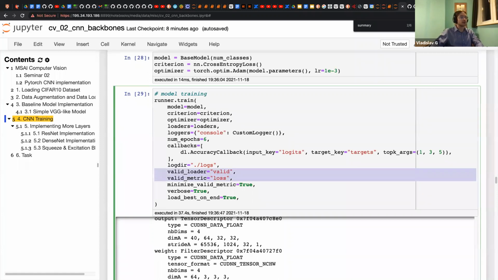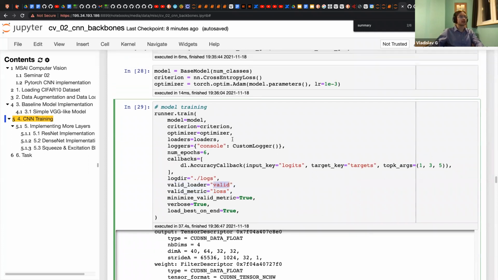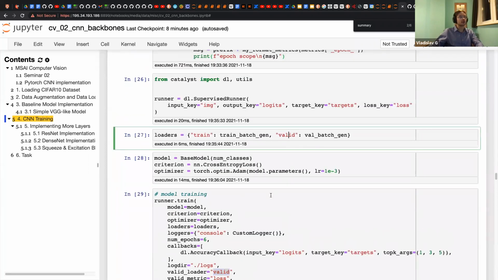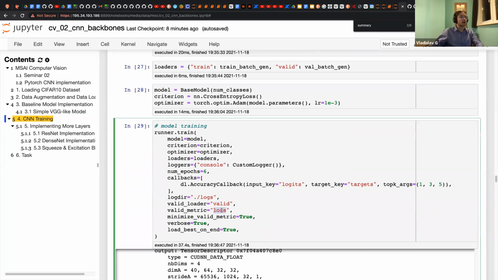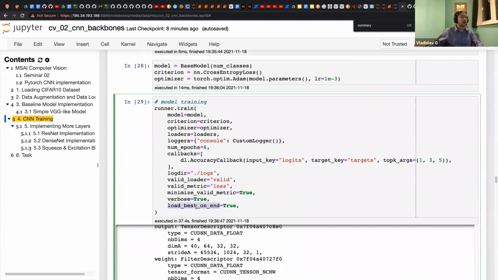Then valid loader and valid metric is keys for validation. First, validation loader. In our case, it is validation, so valid like we put it here. And loss is validation metric, so we want to minimize loss value. Yeah, we minimize it.